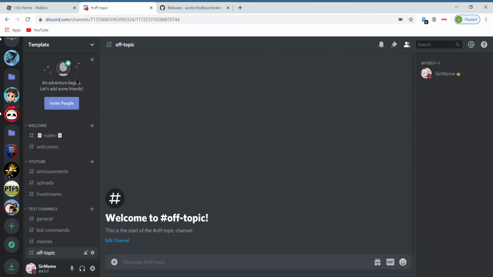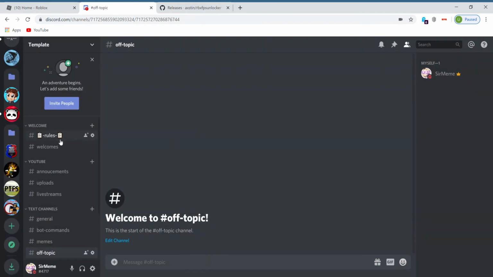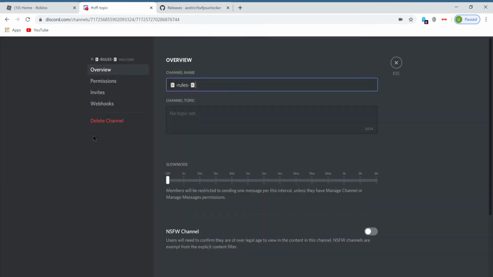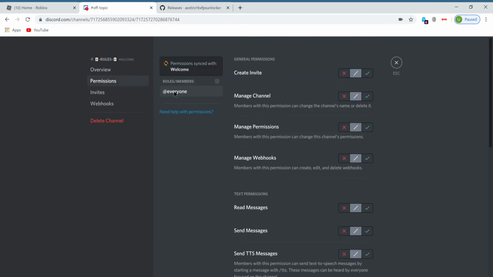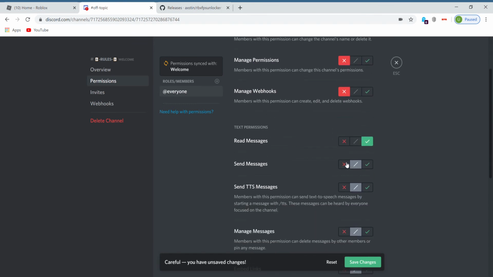So now we need to get into some channel permissions, because you don't want people typing whatever they want in their rules. So hang on, let me show you again. You go over to rules and you click this little settings icon. Then you go to permissions and then you can choose what people see. Now for rules, you want to deny everything but read messages